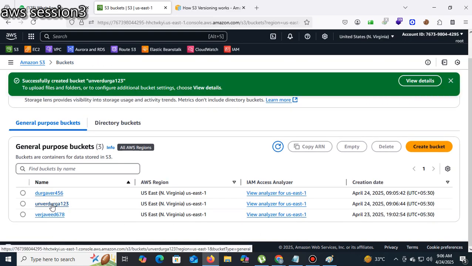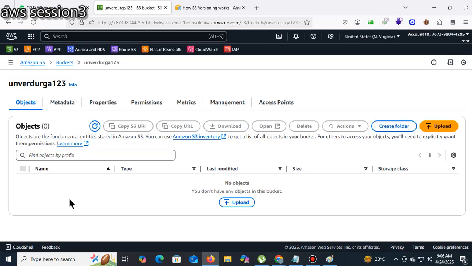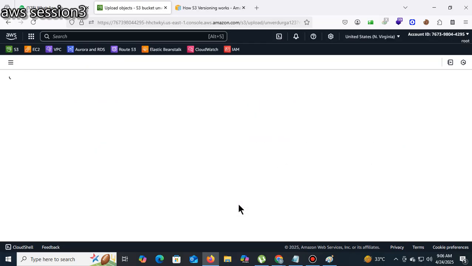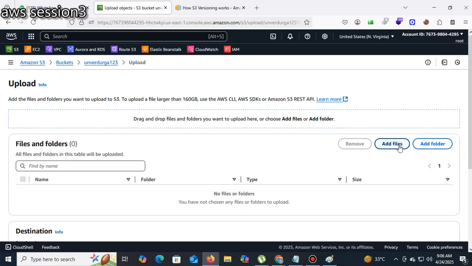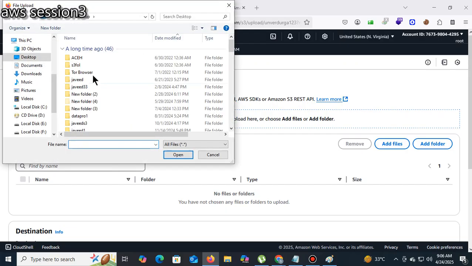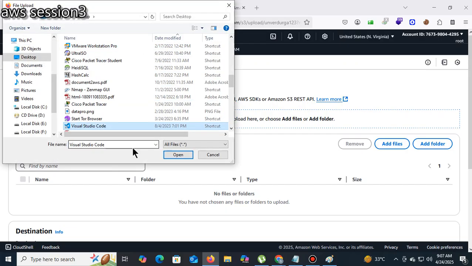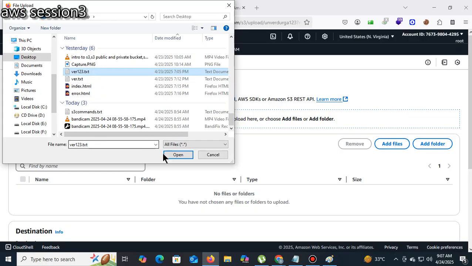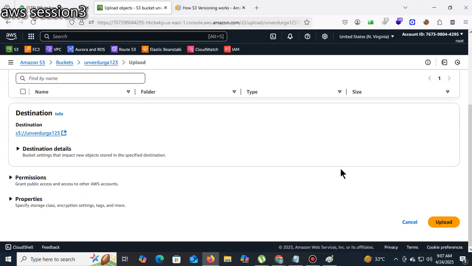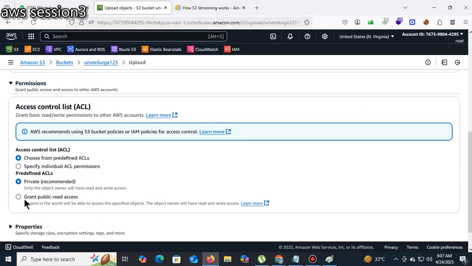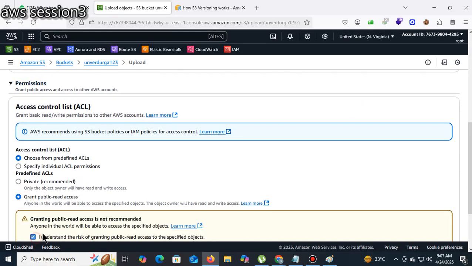Here this is the unversioned bucket. I just upload a file, add files, and I add this file. So I'll just give the grant public read access.